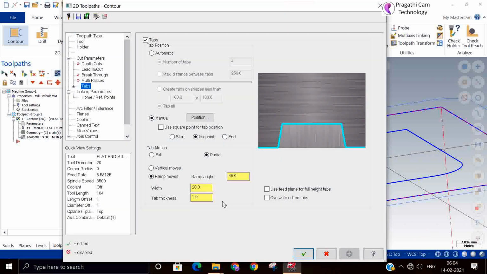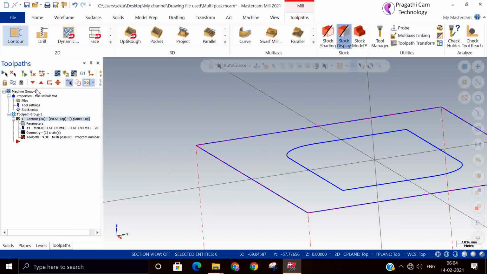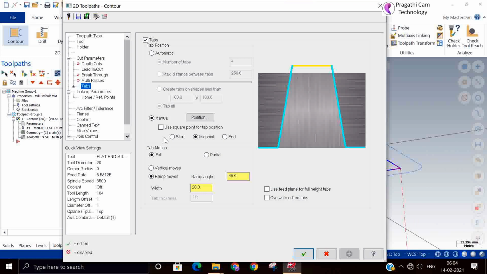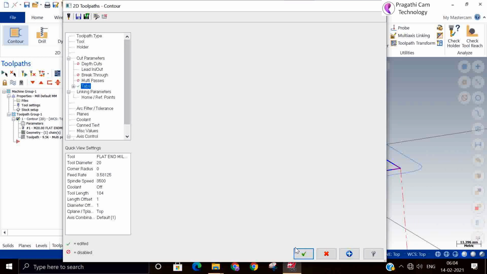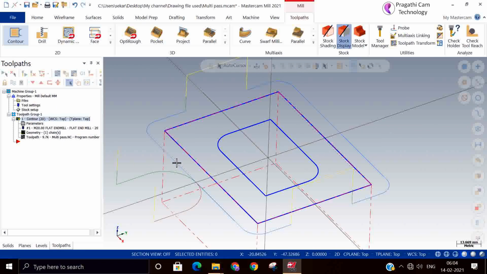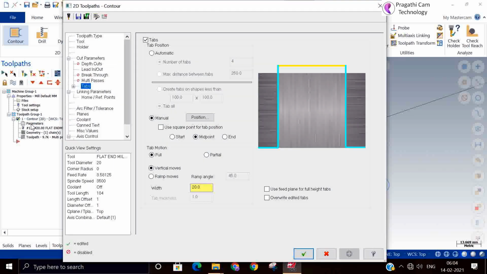So retraction we can keep full vertical. You can make it full vertical also. So without touching, you can make your clamps and you can machine it. This is the advantage of the tab.